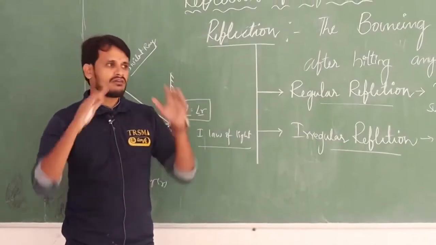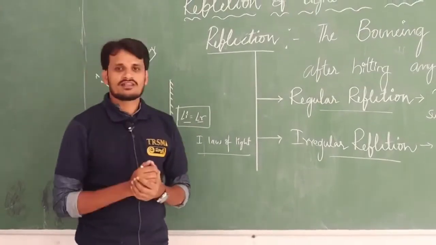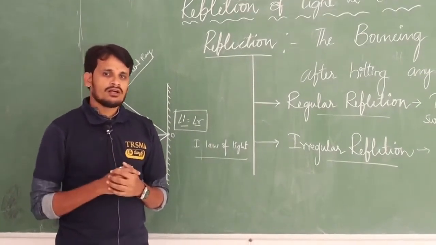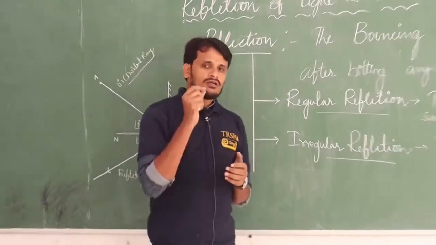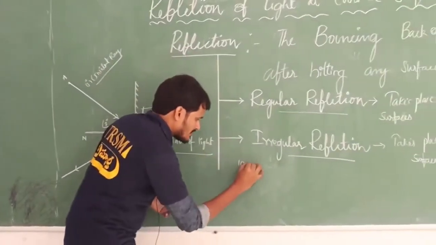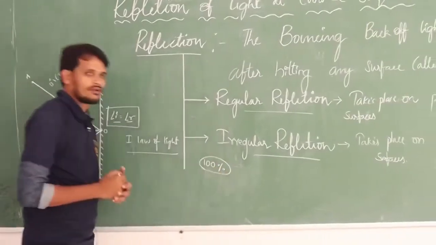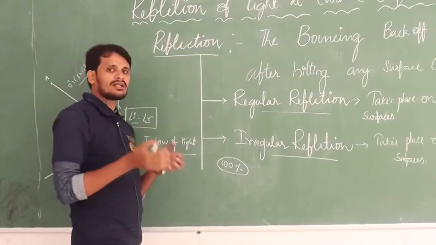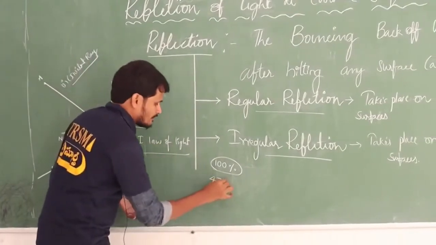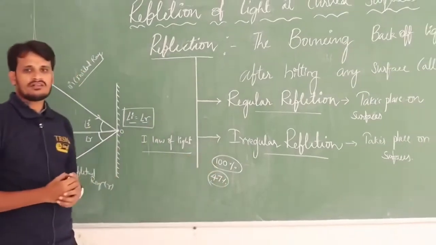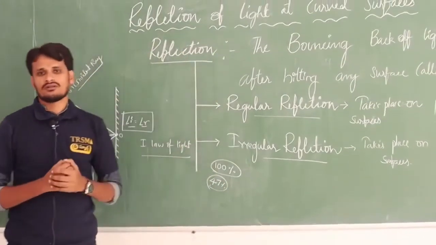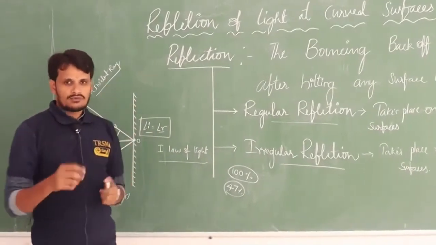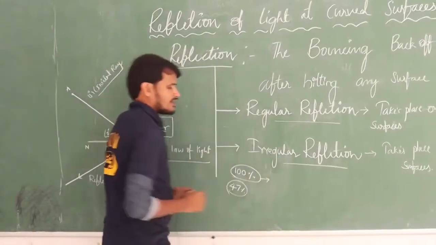You can consider anything, even our earth is one of the reflecting surfaces. Maybe you are studying this, you know the reason why I am saying earth is a reflecting surface. Here we are getting 100% of light from the sun, but earth is utilizing, that is absorbing, just 47% only. The remaining 53% is reflected to the what? Atmosphere. So that light is not captured by the earth. Here earth is reflecting, and that is why I used the word reflecting surface for earth.